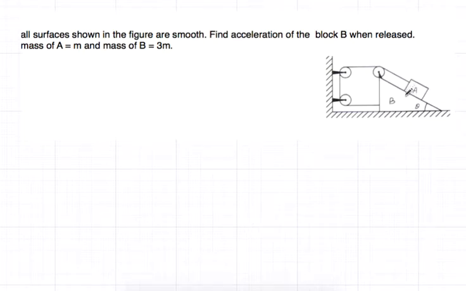The basic question is: which is the system? Obviously we are going to take A as a system and B as a system, so these two are going to be our system. And how many threads are there? Only one thread. So throughout the thread the tension will be equal. Wherever you are taking, the tension will be T. So there is only one tension. That's a good thing, because we don't have to deal with many forces.